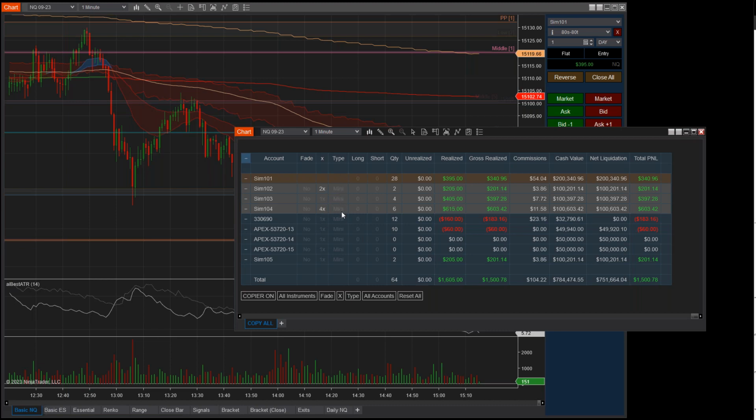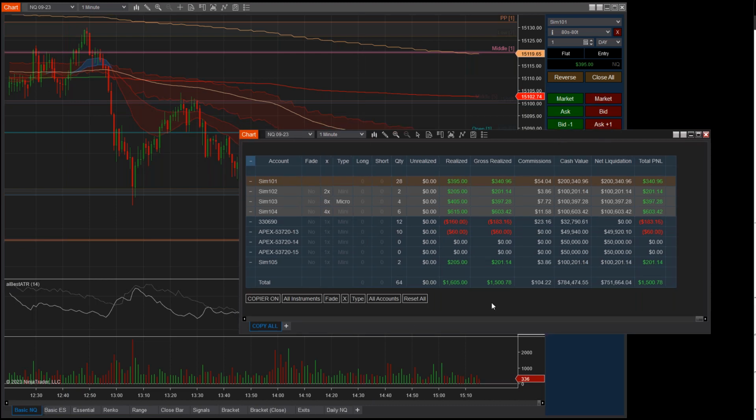And lastly, you can choose the type of contract. So what I'll do is set this to 8 contracts, but make it micros. And then I'll just run one test trade to show you guys. And what I love about this too is you can see the total for all your accounts. You can also hide your sim accounts. You can see your total across all your accounts right here as well, which makes it really convenient for totaling up all those evaluation accounts or those PA accounts with Apex.